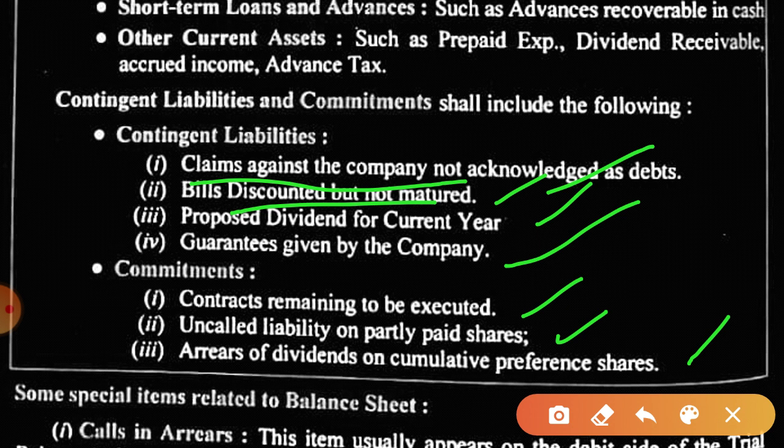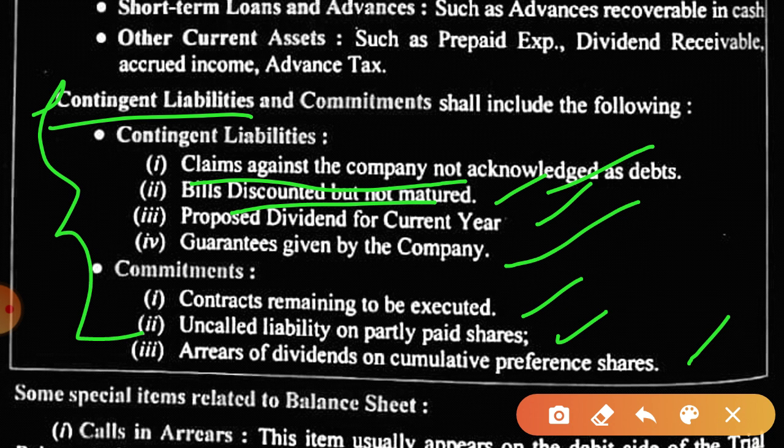These are covered. So this contingent liability is not shown in the balance sheet, it is shown as a footnote outside the balance sheet. Okay, but what are the items? A question has been asked for 2 marks: what do you mean by contingent liability, and give an example. For theoretical purposes this question is important. Is this point clear to you?